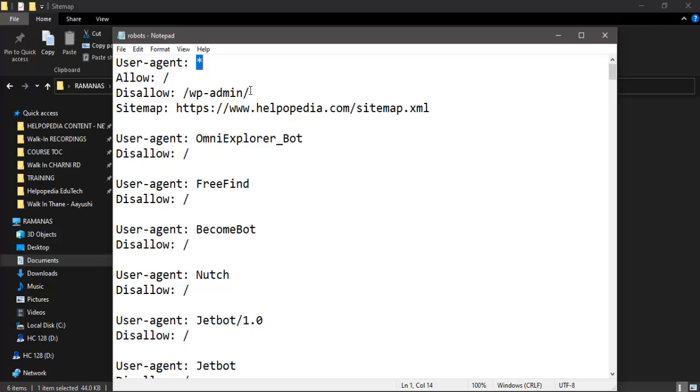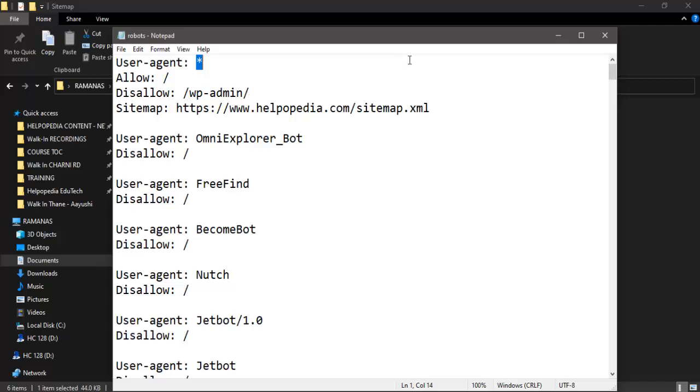Then sometimes I might not want to show some content, like some of the files or some of the photographs or images or some of my members' data to search engines. So for that reason I can put over here not just directories but directories as well as files. So I can put all the directories over here and all the files listed over here under disallow. So then Googlebot will not take that content from our website. Then it will read the fourth line and it says that sitemap is located at this URL.